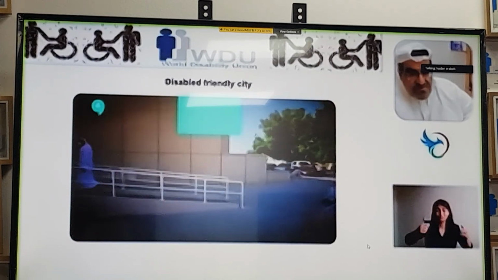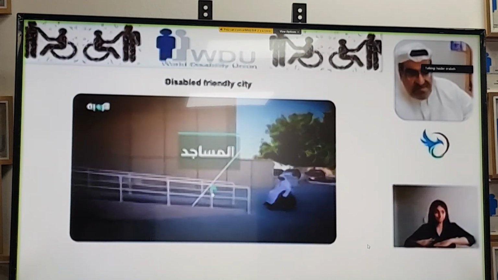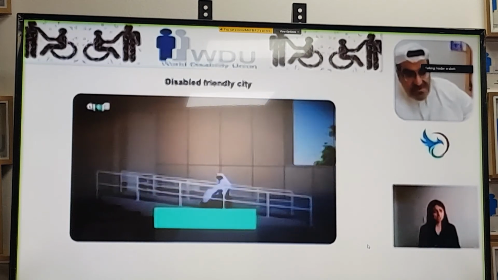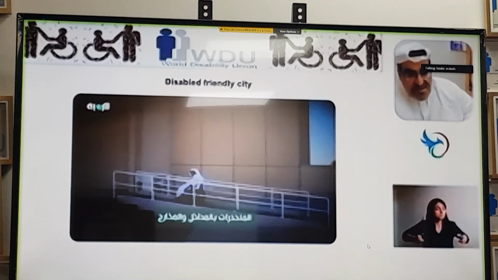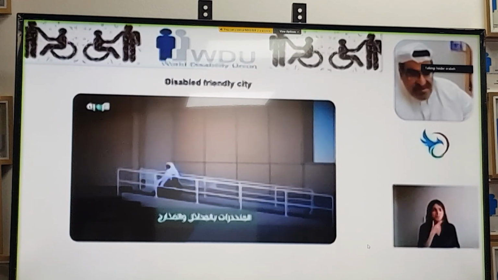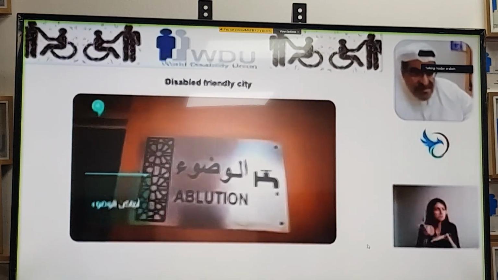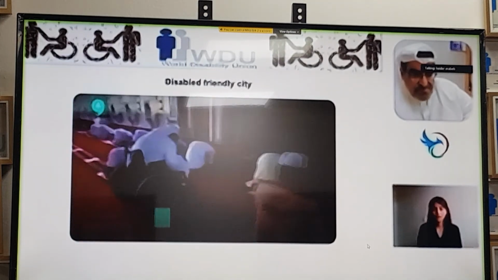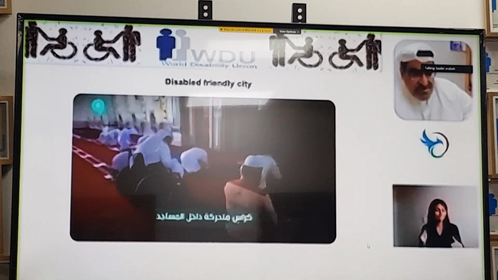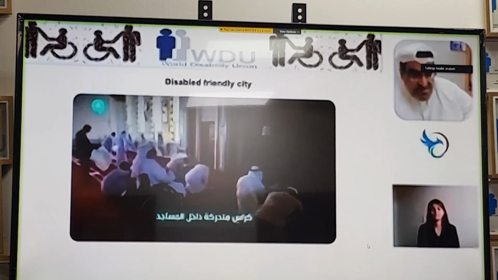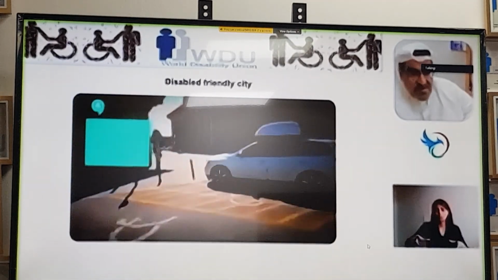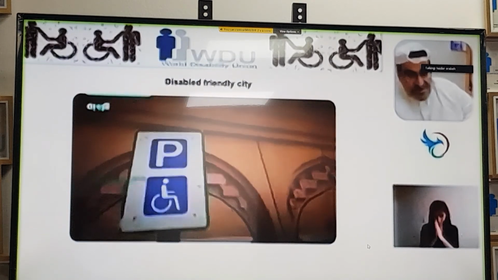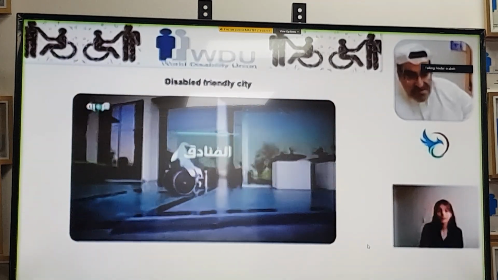We can go to any place, even the mosque prayer area. You can see the ramps there. So all the buildings inside the Sharjah government sector are accessible. For ablution, there's an area for the disabled, and this is a prayer area where the wheelchair goes inside and they pray. Parking for disabled in all Sharjah city. And the hotels also having